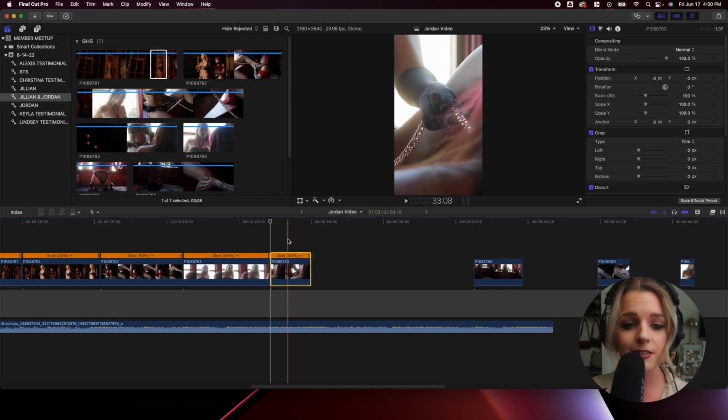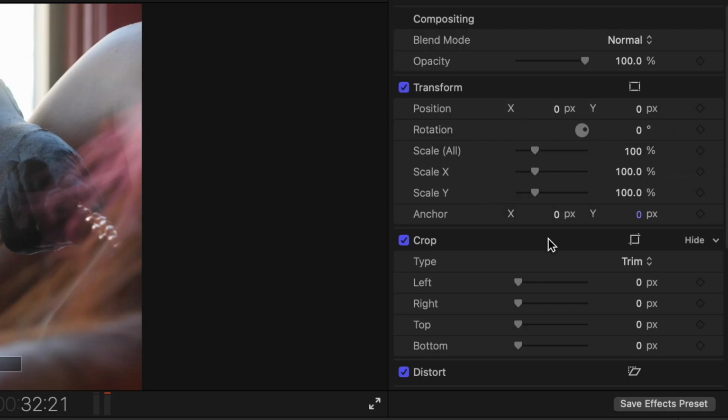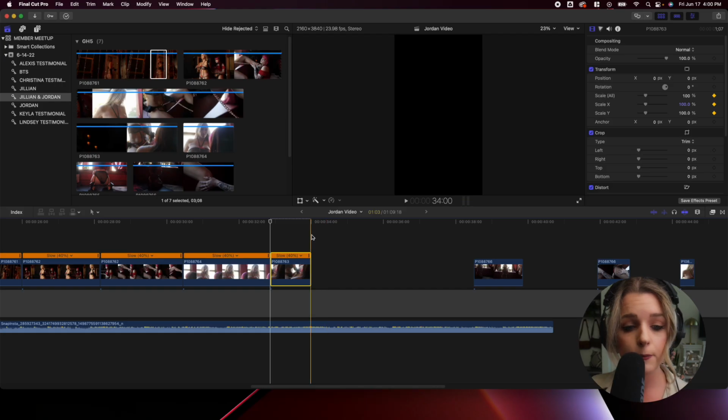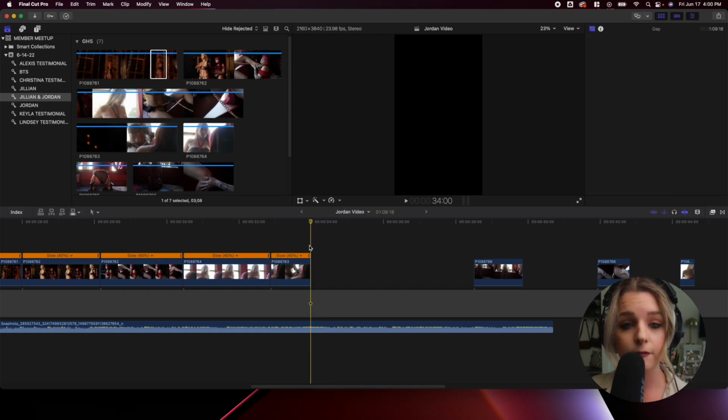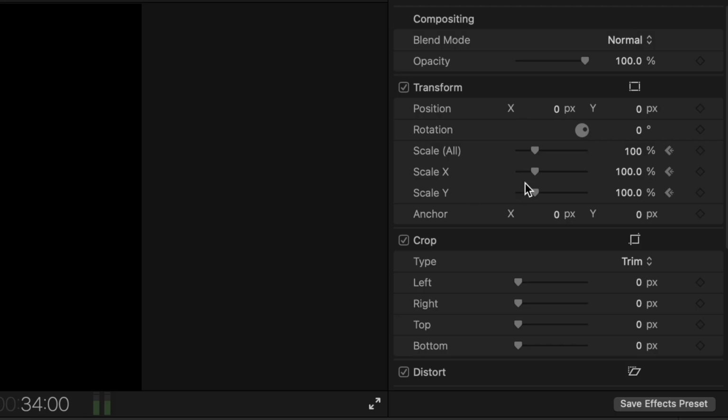So what I'm gonna be doing instead to add just a little bit of dimension to this is I'm going to slowly zoom in on this. So I'm going to make sure that my playhead is at the very beginning of my clip, and then go up here to my transform section, and where it says scale, I'm going to click the keyframe button. And then after that, I'm going to make sure that my playhead is at the very ending of this clip, click the clip, and then go back over to transform, scale, and then click this yet again.